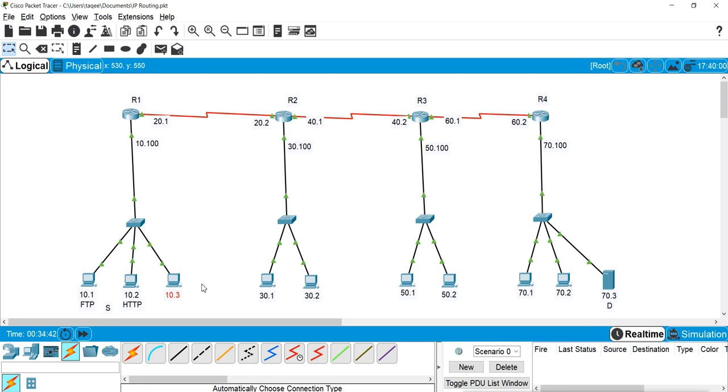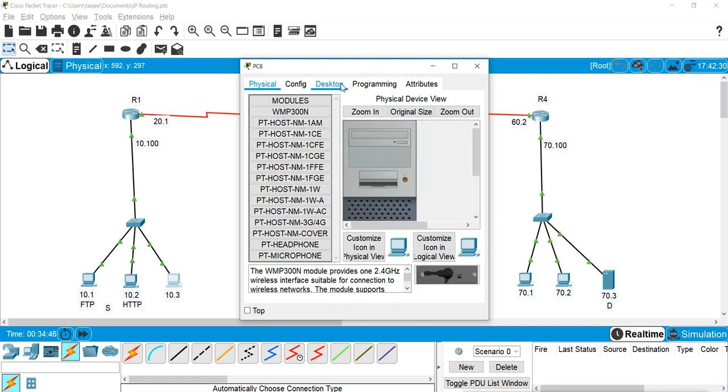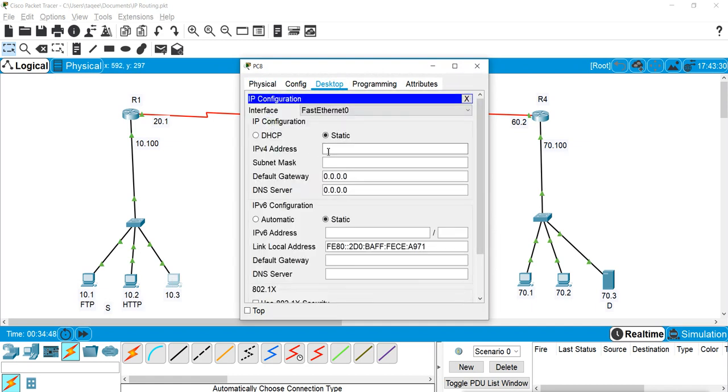Now first I will configure the IP address here. .3 and the gateway is 10.100.